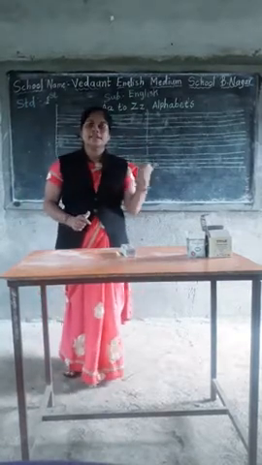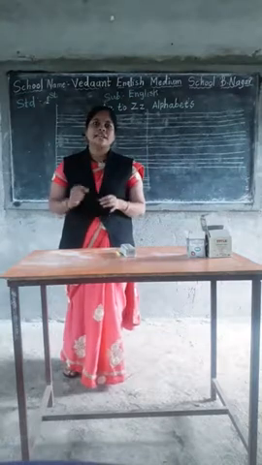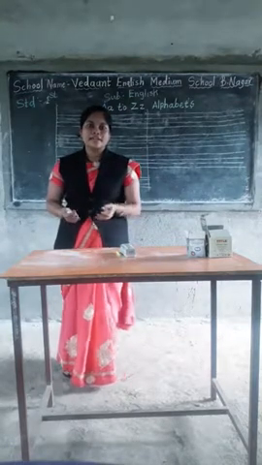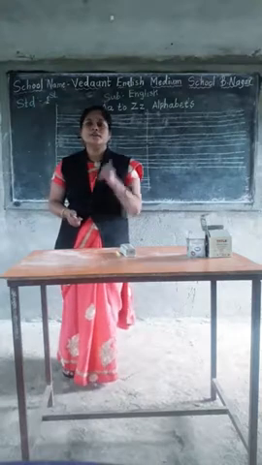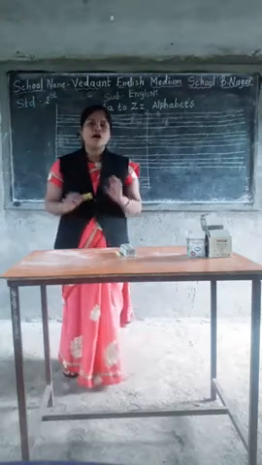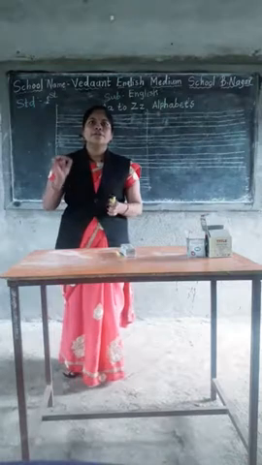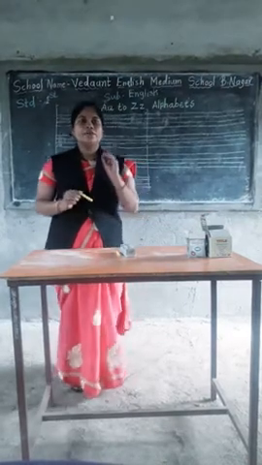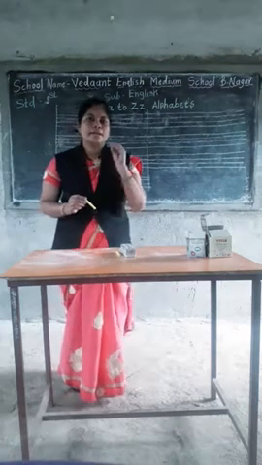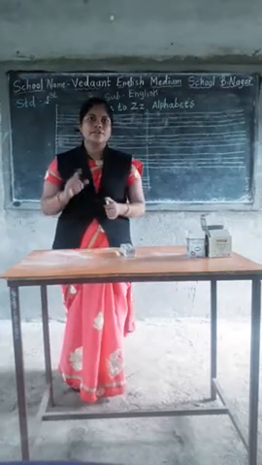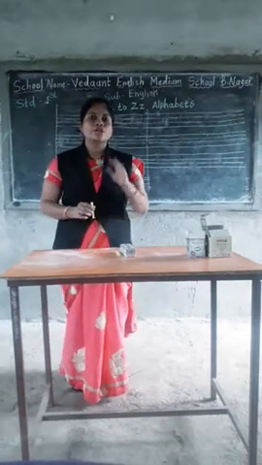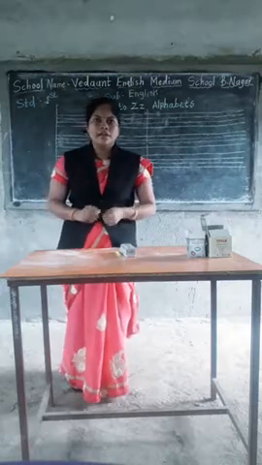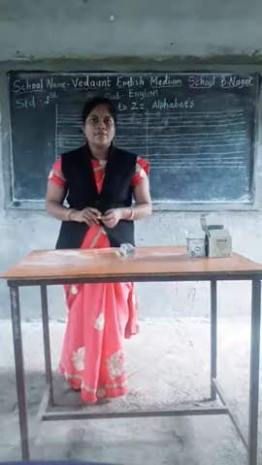We are going to learn the A to Z alphabets, which we already learned in previous classes LKG, UKG and nursery class. Today, as a revision, we are going to learn the alphabet: how to write alphabets in the proper manner, with good handwriting and good shape and size. Maintain your shape and size when you are writing the alphabets. So how to write in the proper way? Let's see. Okay, let's learn alphabets.